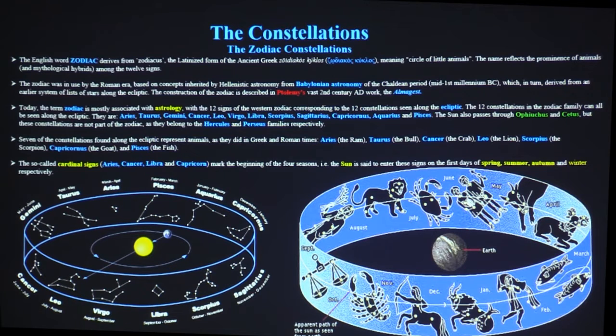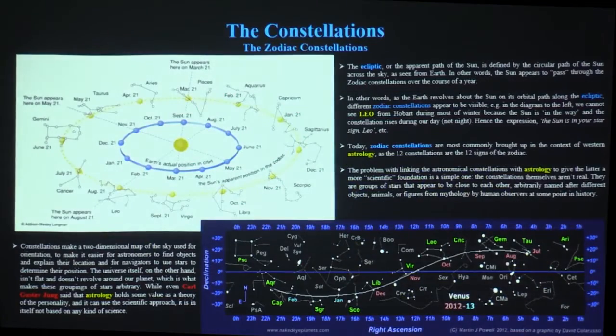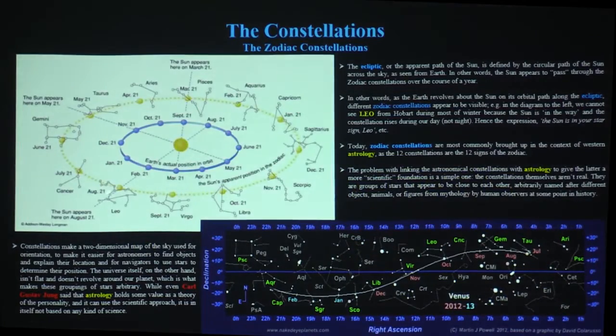So if I can just, in fact, the next one illustrates that beautifully. If you look down here, so here's Leo, and you can see Earth's moving around the sun. If you look out, the sun is in Leo, and then at different times of year, as we go around, the sun passes through each constellation. So if the sun is in your star sign, that's when your birthday is, basically. Does that make sense?